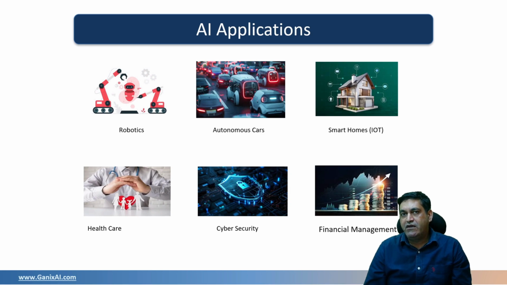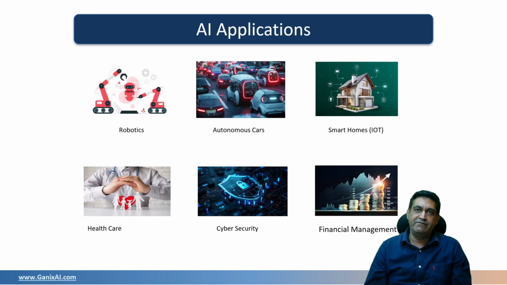AI is shaping the world around us in very powerful ways. There are lots of applications where AI is being used. I have taken a few examples. Let's start with robotics. It is AI which is enabling machines to see, learn and act. From manufacturing robots, which help us in assembling products, to service robots, which help in hospitals and warehouses. Let's take an example of autonomous cars. Tesla is a self-driven car. It is AI which is working behind that. AI is enabling the car to see, detect objects and take real-time decisions, which makes a self-driven car a safer